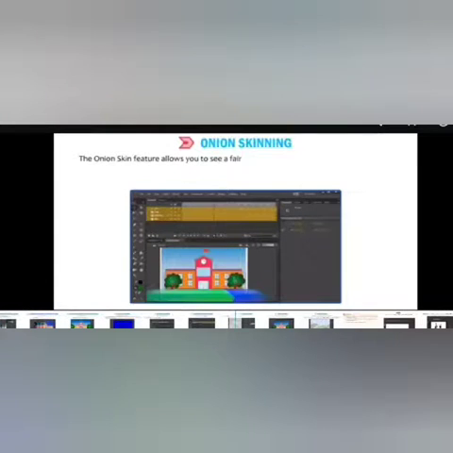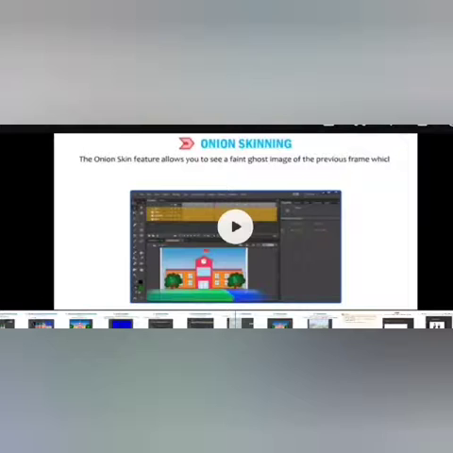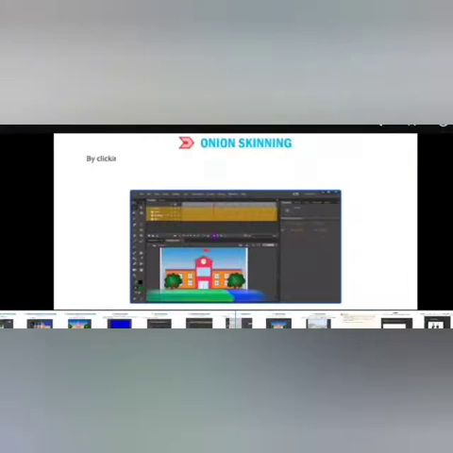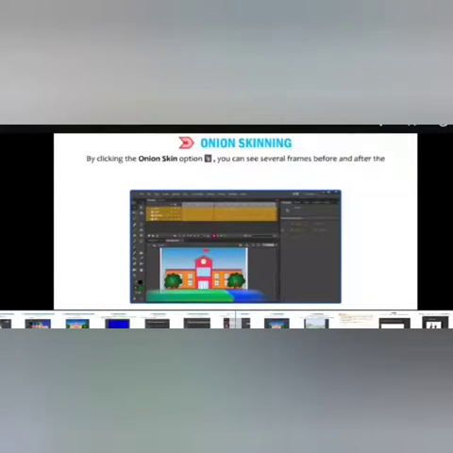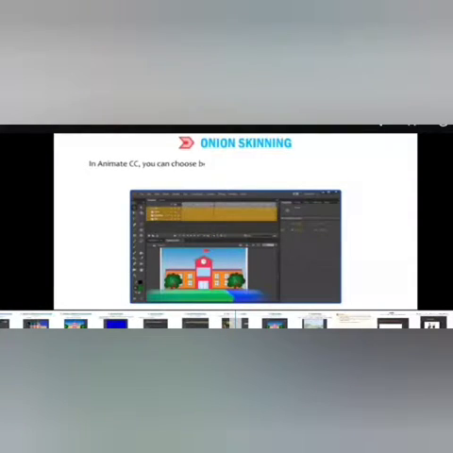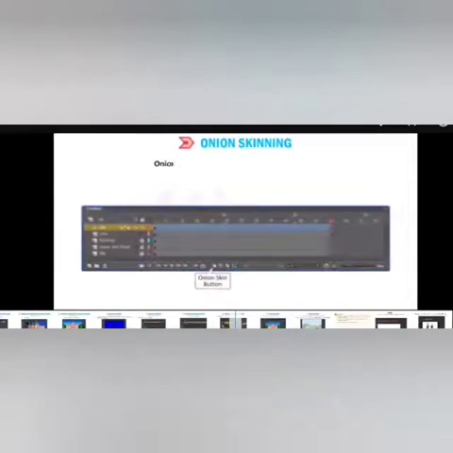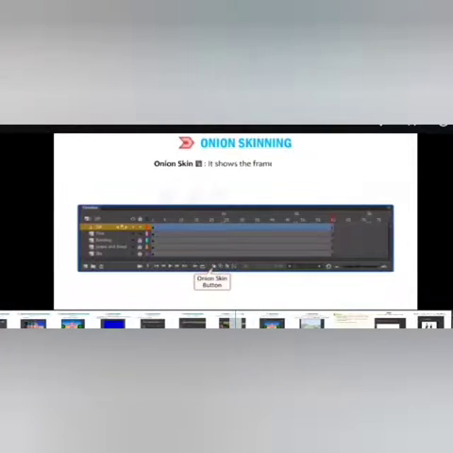So now, onion skinning. The onion skin feature allows you to see a faded ghost image of the previous frame, which helps you in placing the image for the next frame. By clicking the onion skin option, you can see several frames before and after the current frame. In Animate CC, you can choose between the following two types of onion skinning.